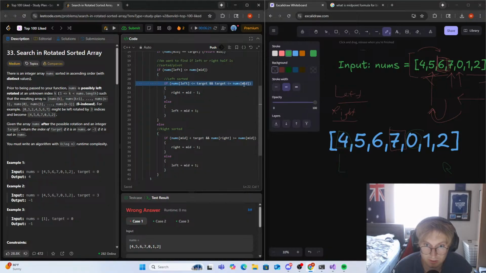equal to nums mid, right? So then our target is less than mid, that means we move here. We would want to move here, and that makes sense. If not, we move here, and in this case we're moving right, so our left goes to mid plus 1. So then our left